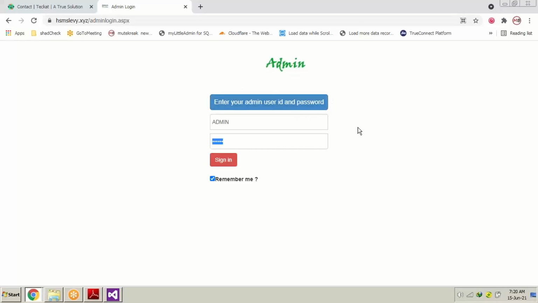This is written with a specific color, a specific font, a specific font size, in the center of the screen. You can see the text box over here which has admin in it. You can see the password text box over here. All these things are in the center of the screen. The button which says sign in is written on the left side of the screen. So all these things come under designing, and the designing is very easy.